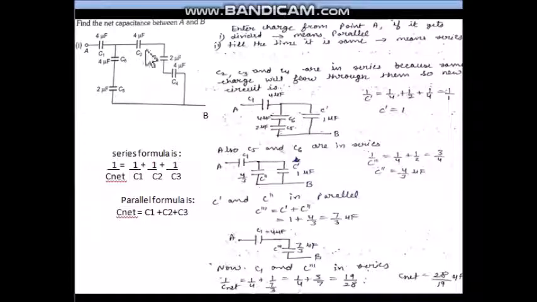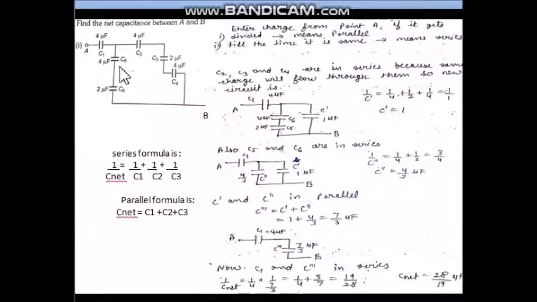Now once we have solved any part of the circuit, we will redraw the circuit and replace the three capacitors, that means the solved part, by a single capacitor. So we have replaced it. One part should be connected to this junction and one part should be connected to this junction. This way this capacitor's one part is there and the other part is there. This way we have to replace.